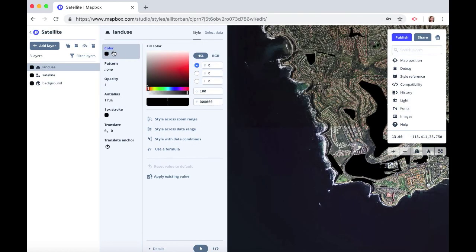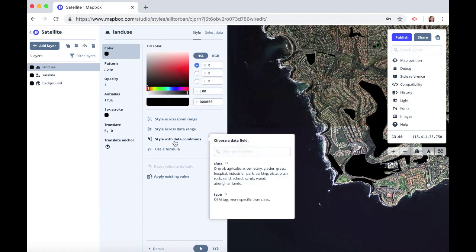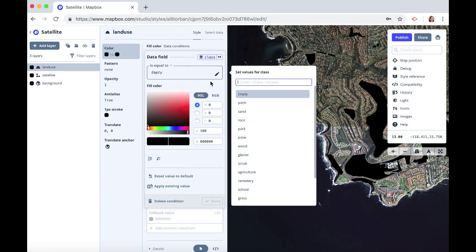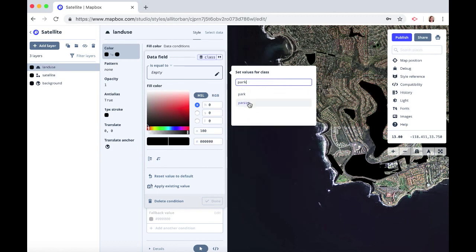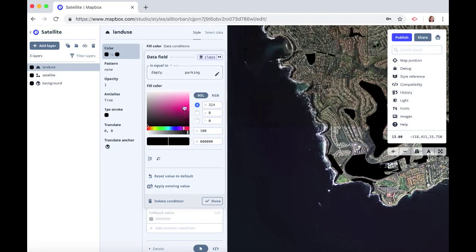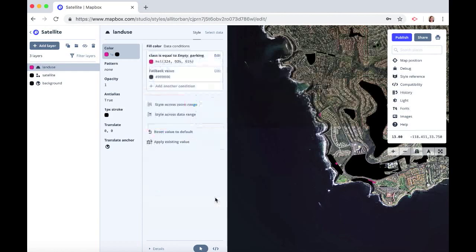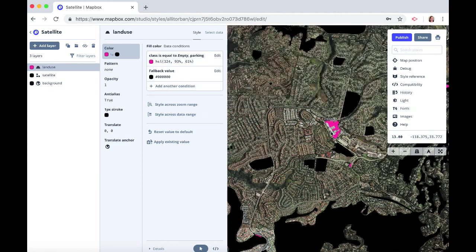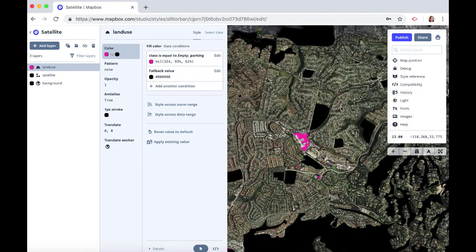And we're under the Color section and click on Style with Data Conditions. We want to choose the data field class. And whenever the data field class is parking, I want the color to be pink. And click Done. So now you'll see that we have pink areas that are parking, and we also have these